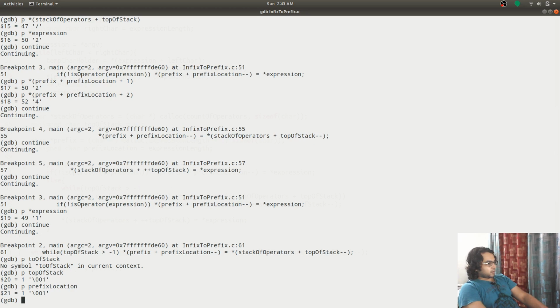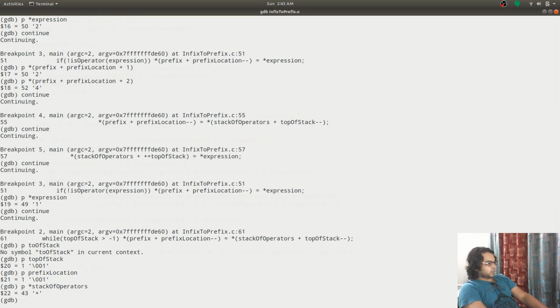It is addition, and it has 0 and 1, that means it has 2 values, and we should be able to store that value in the prefix array. So starting with that, we are going to say continue.